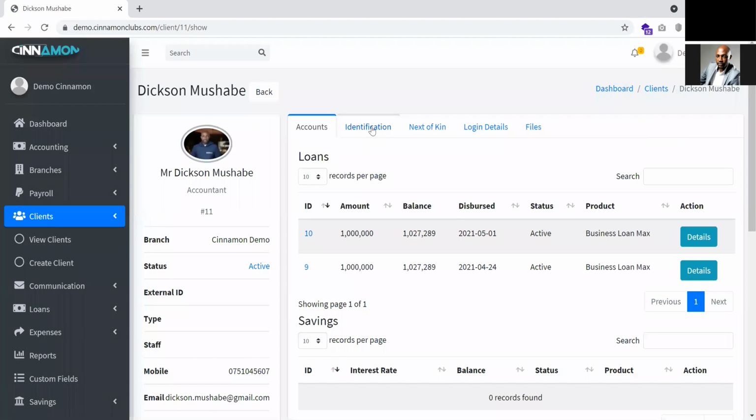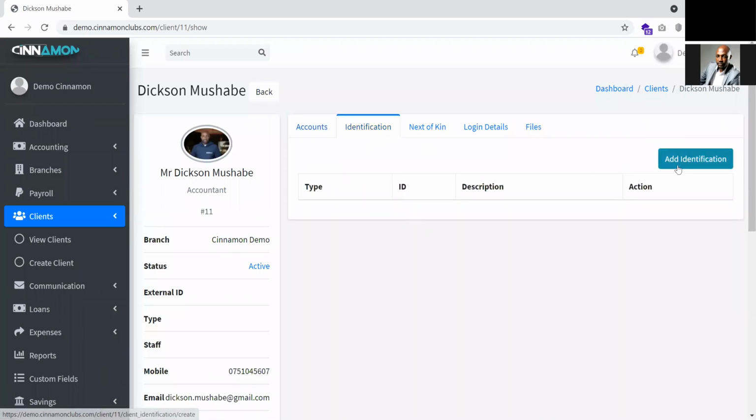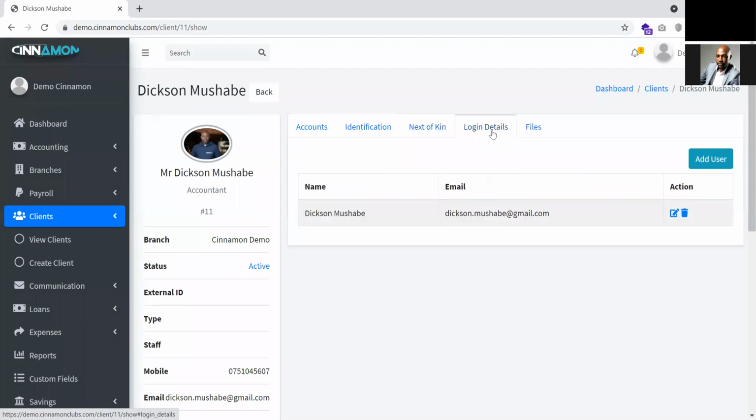So then his identification. You can add this as he has his ID. The next of kin. Last week, I don't know if I told you that there is a circle where one member passed on, and three people came to claim the money, and the circle was thrown in between on who to give the money. But if there's a next of kin here, there are no questions to answer. Then login details,